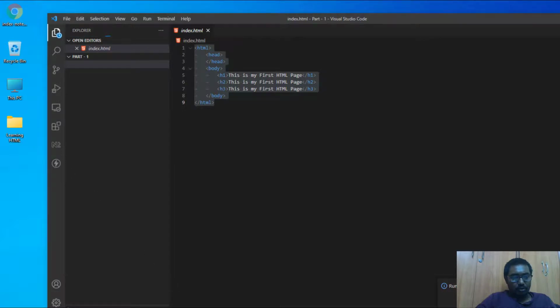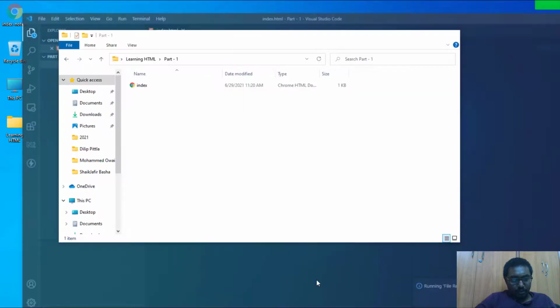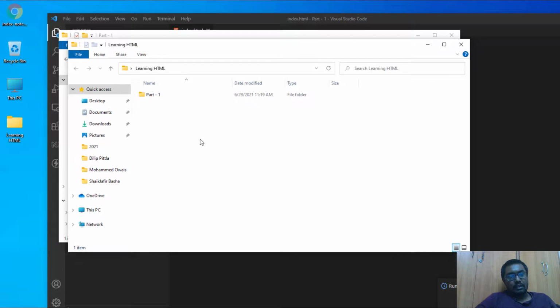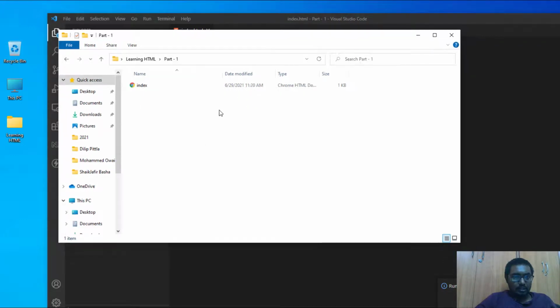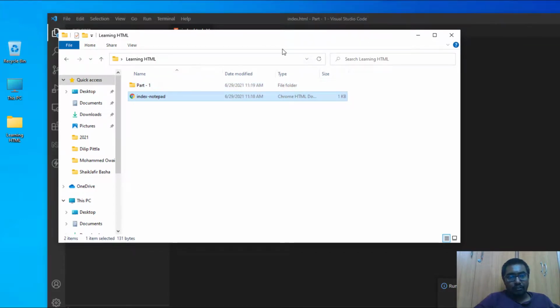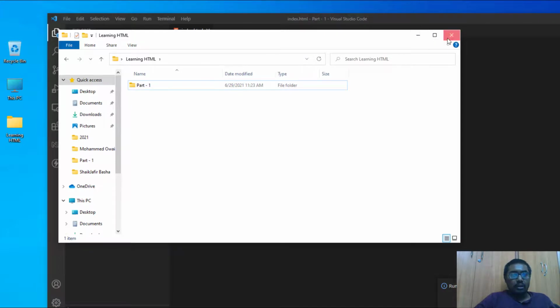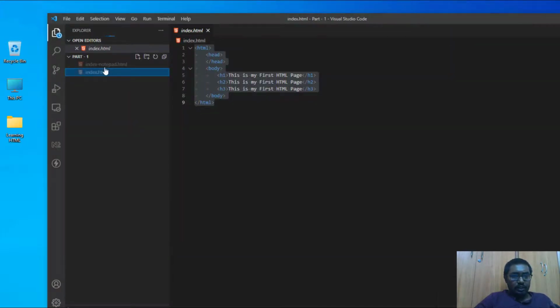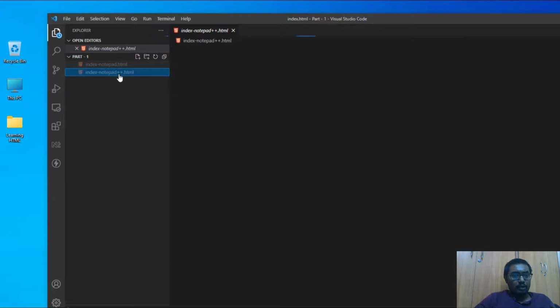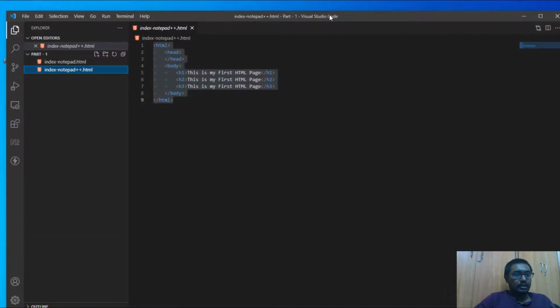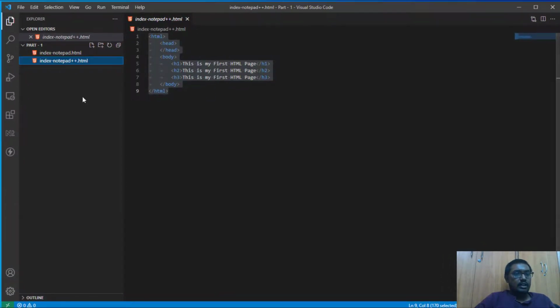So here you go with part 1. Let me drag and drop it here so that it copies into part 1. And here you have the Notepad and Notepad++ files which we have created. Let me create index.html right now.